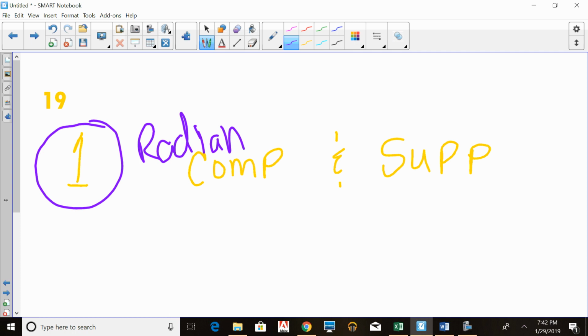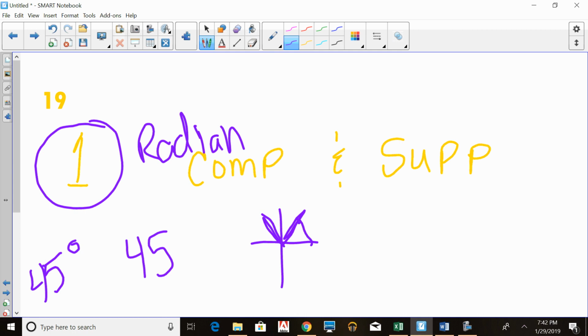If you would see something like 45, that is not 45 degrees unless there's a degree symbol there. If you see 45 with no degree symbol, that's 45 radians, which, remember, a radian, 1 is approximately right there, so 2, 3, 4, 5, 6 is right about there. 6.28 is all the way around, so that 45 is like a, let's see, there's 6, 12,